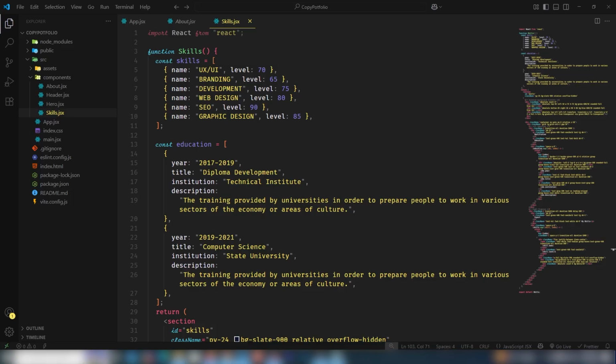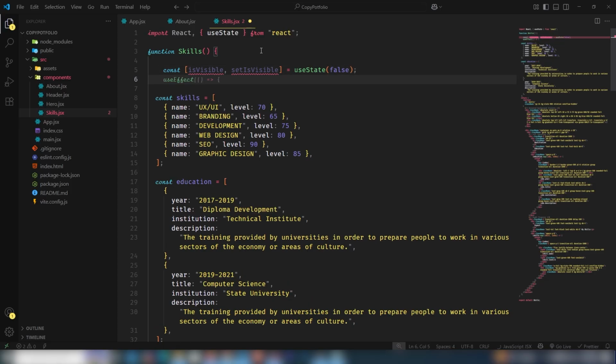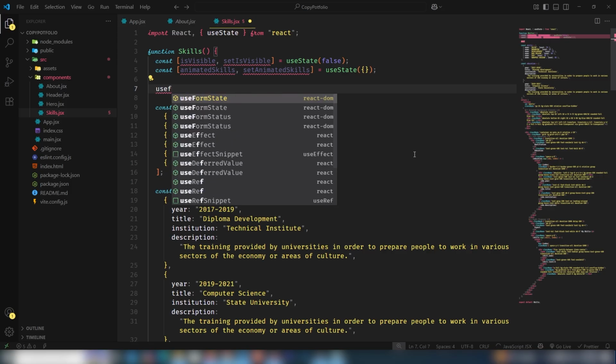The logic is very simple, which I have used earlier. So I'm going to create a state. const isVisible, setIsVisible, and by default the state is false. The next thing is I'm going to use animatedSkills, setAnimatedSkill. By default I will assign an object based value, right? The next one is I need to target the useEffect hook,